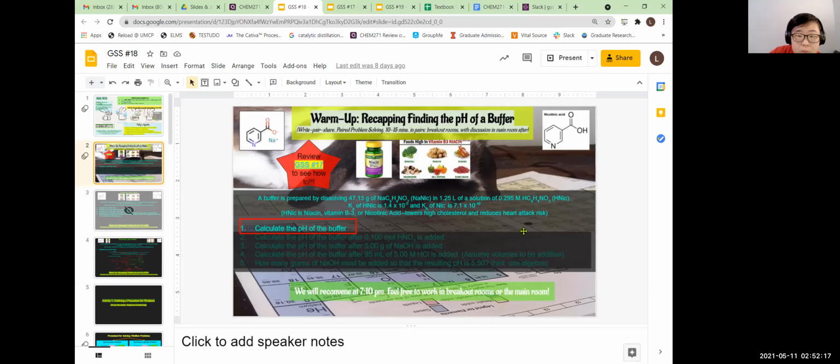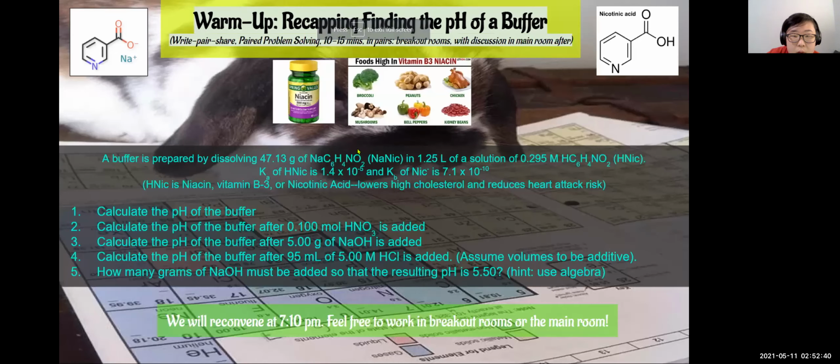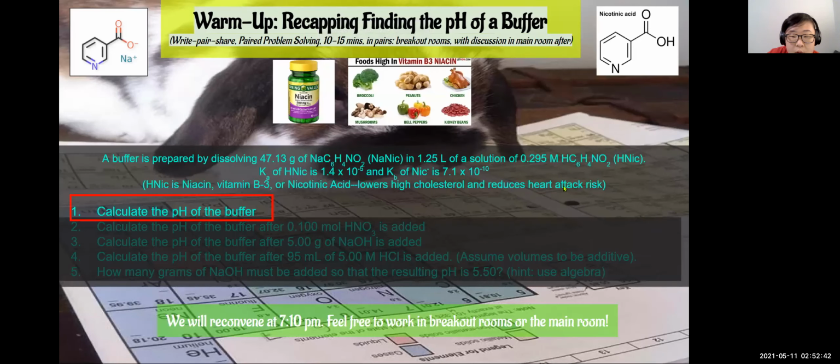It says a buffer is prepared by dissolving 47.13 grams of NaNiC. Niacin is nicotinic acid, and it's not nicotine. It's actually niacin, which is vitamin B3, and it's found in foods like broccoli. It reduces cholesterol and reduces heart attack risk. And then you have a buffer because you have,